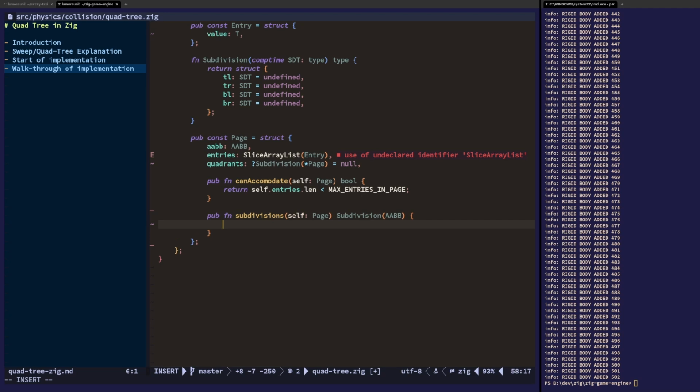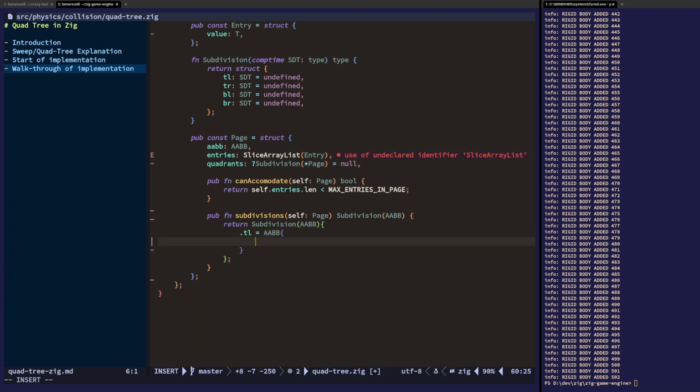And yeah, from this boundary box that the page is contained in, we're gonna divide it into the 4 quadrants: the top left, top right, bottom left, bottom right. And so we are going to return a subdivision, a BV, and then we're gonna say top left